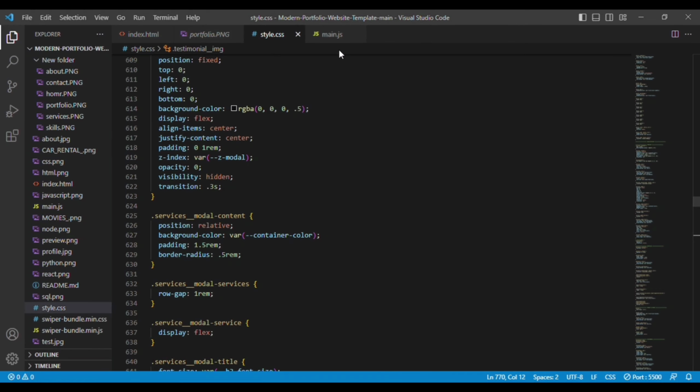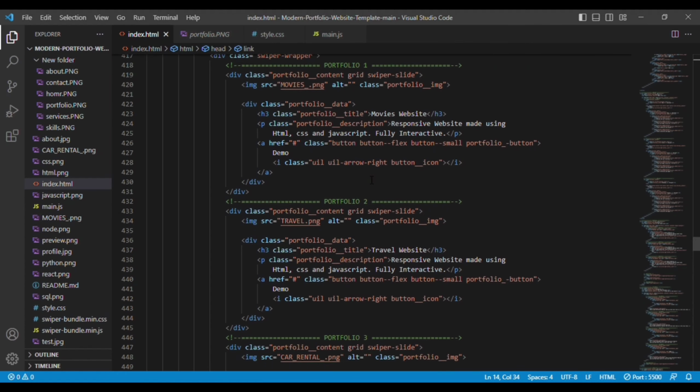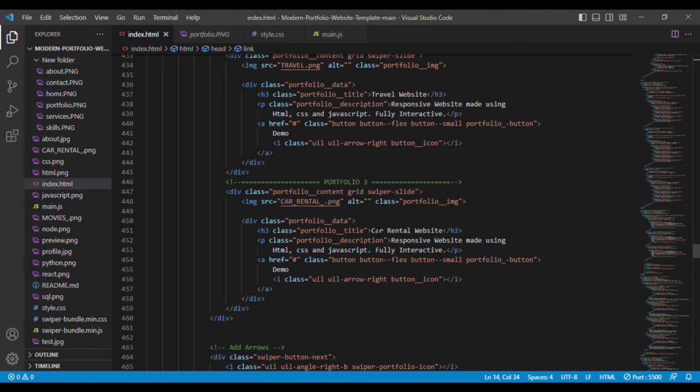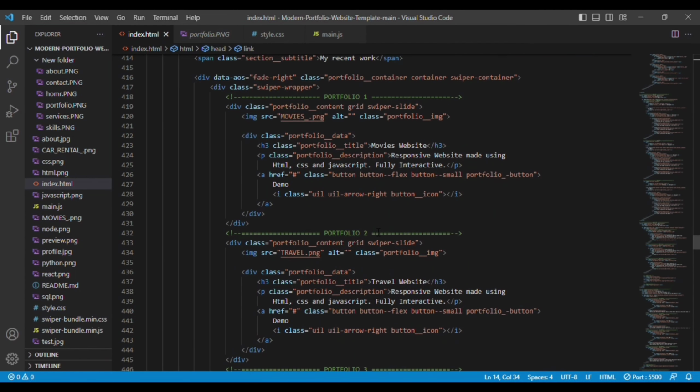Here I am having a div, and for that div first I'm going to have an image, then we have another div, that is portfolio data. I'm using h3 element, paragraph tag and anchor tag to have the demo link. So this code is copied again for 3 times for 3 projects. You can have 4, 6, 10 projects, as many as you wish. So for that let's go to the CSS file,